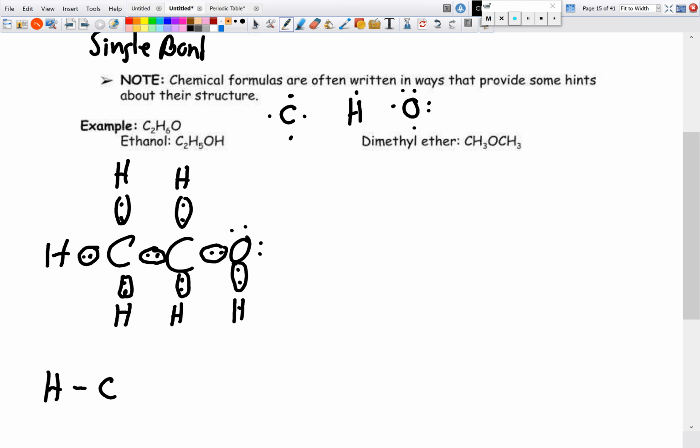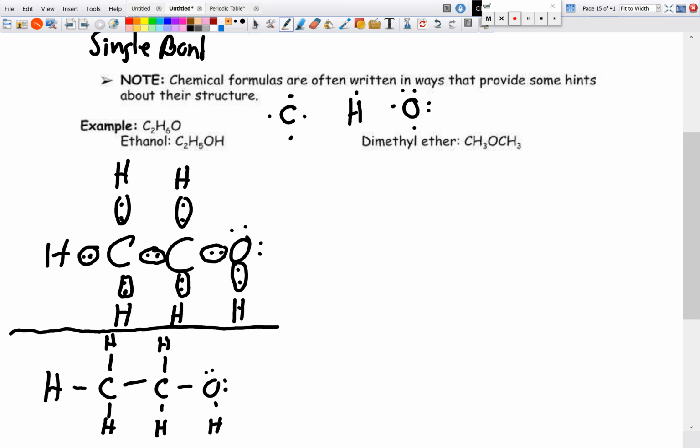Or we can make it a structural diagram like this if you want to make it a little neater. So you'll notice that the reason they've written it like this is because they want to have this hydrogen attached to this oxygen right here, so we actually see it right here and we have 2 carbons as our central. Now for our dimethyl ether, notice how we don't have the same chemical formula. We see